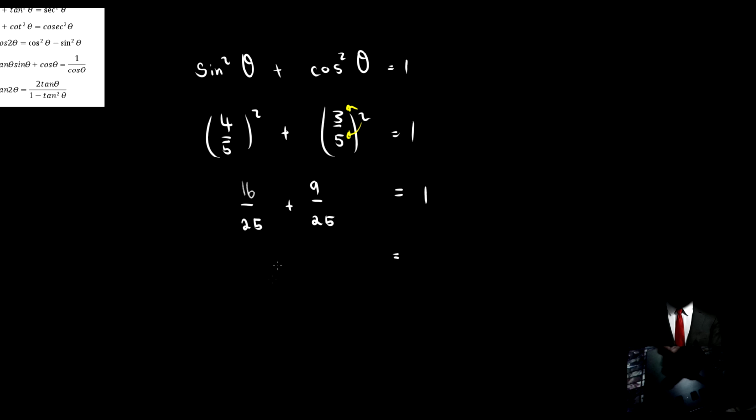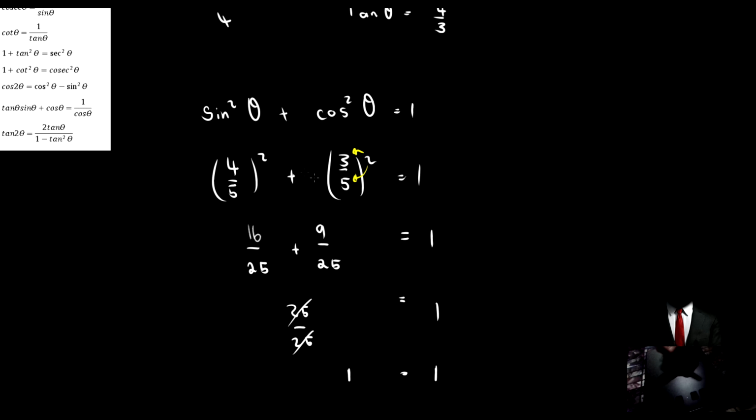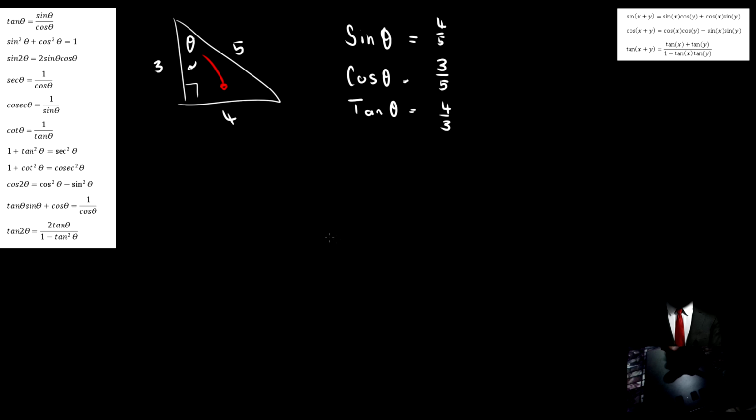Now I have 16 plus 9, which is 25, over 25, which is 1. And therefore 25 can go into 25 one time. So 1 is in fact equal to 1. So we know this identity is true as well if we test it with some values. Okay, let's look at the third one. So the third one, let's skip the third. Okay, I'm just going to do it in this order that's presented here on the left. So this one tells me that sine